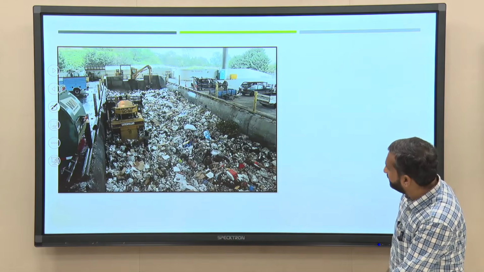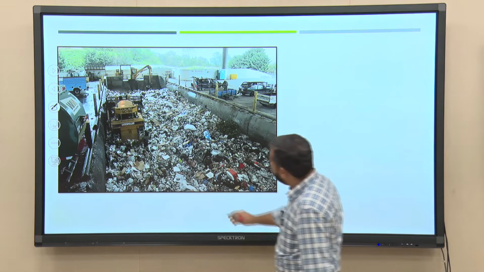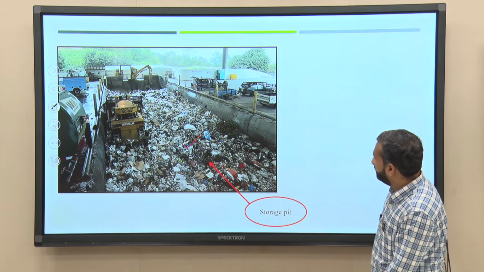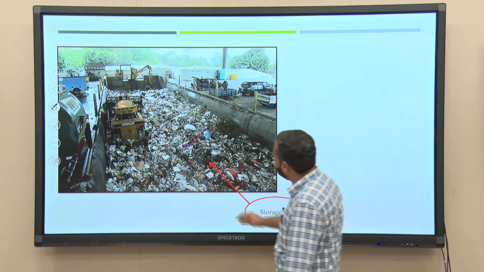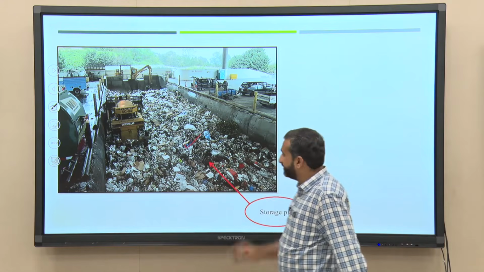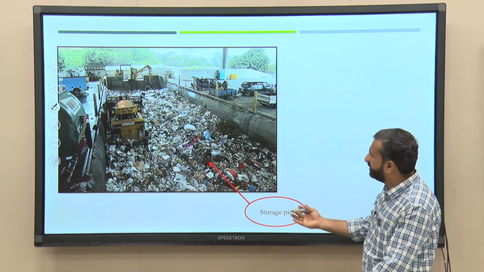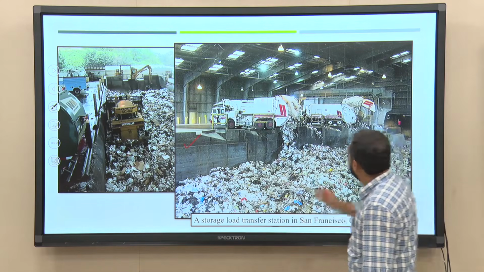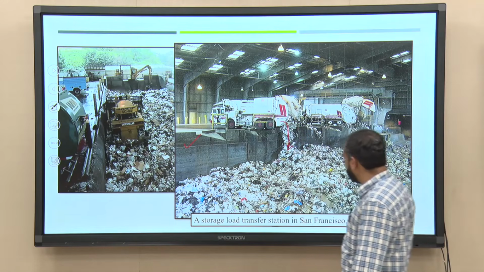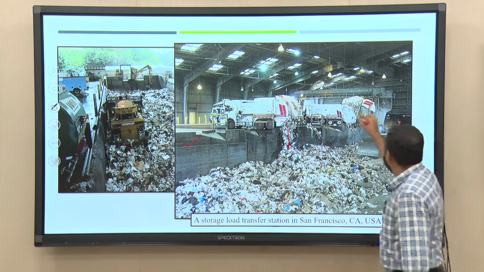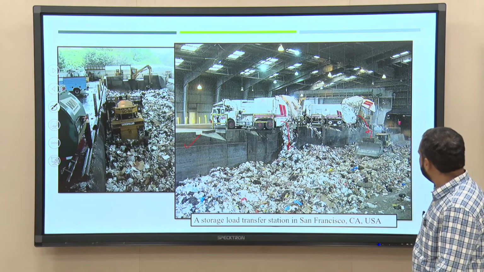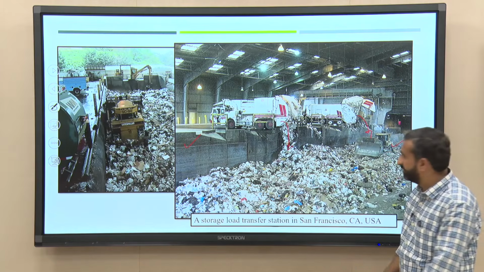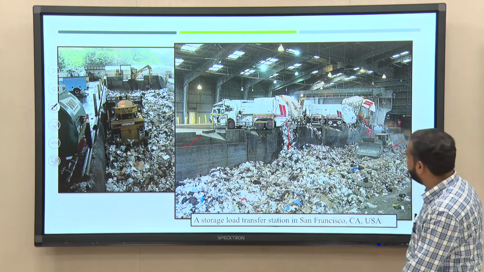So, you see here, the waste is getting into the storage pit. This is the storage pit. Now, I think you will see here it is difficult to have mechanical segregation of recyclable matter, but manually it could be possible in such locations. So, you see here the waste is unloaded into the storage pit. Different vehicles are coming and disposing the waste, and by different vehicles waste is getting pushed into different areas or to the larger vehicle facility.